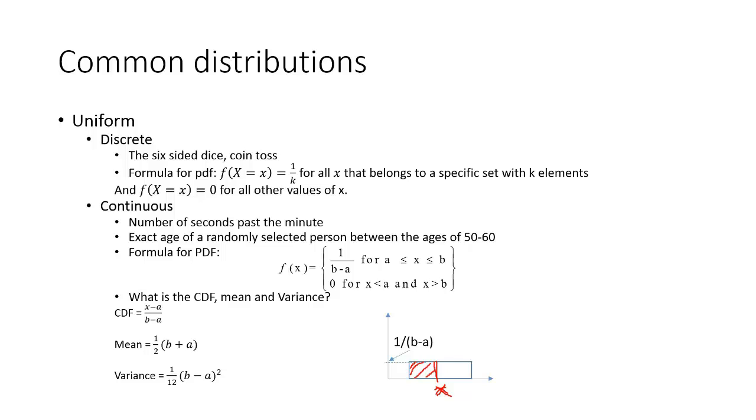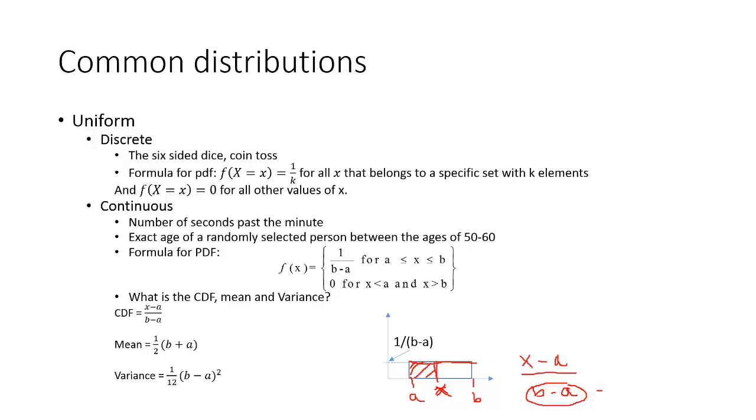And the idea is, because it's uniform, because this height is constant, if this is x and this is a and this is b, then of the 1 you've covered, x minus a is this area that you've covered, and b minus a would be the full area that you could possibly cover. So if you think of it as a ratio of how much I've covered to how much I can potentially cover, where this b minus a kind of represents the 1 in some sense of the full area, then I've covered x minus a of the b minus a that I could cover, and therefore I've covered that percentage